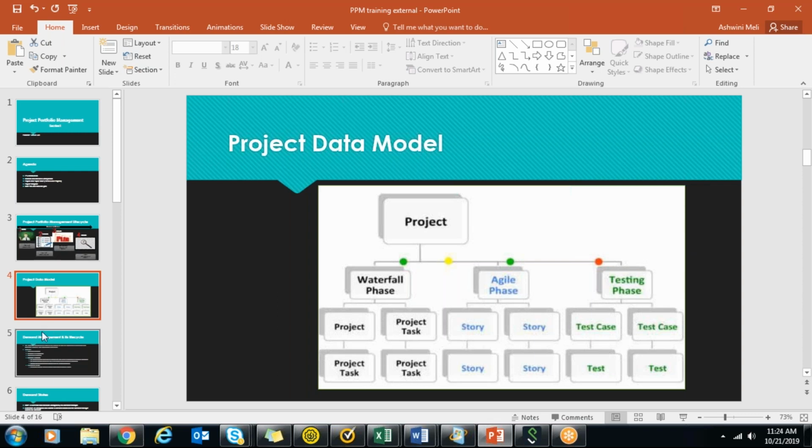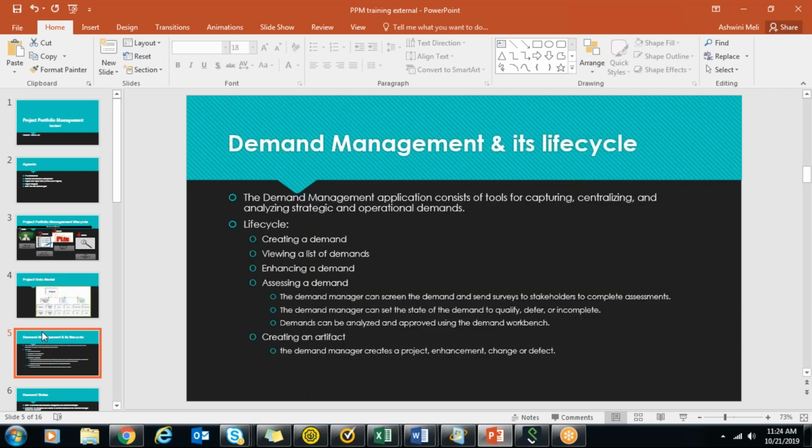I can show that in the project management life cycle when I'm showing the planning console and workbench. As I discussed, creating a demand, viewing a list of demands, enhancing a demand, assessing a demand. Creating a demand, we saw. Viewing a list of demands: whoever is the stakeholder or demand management, everybody will sit together and see the list of demands.